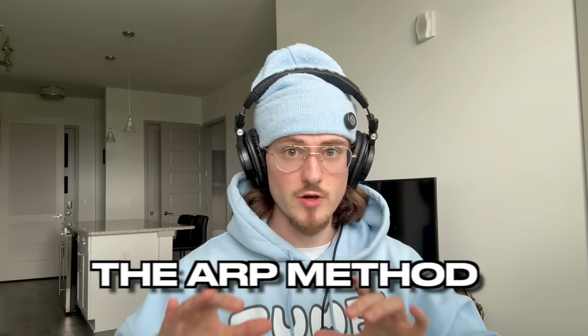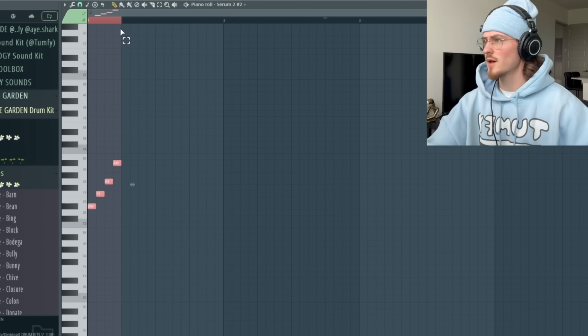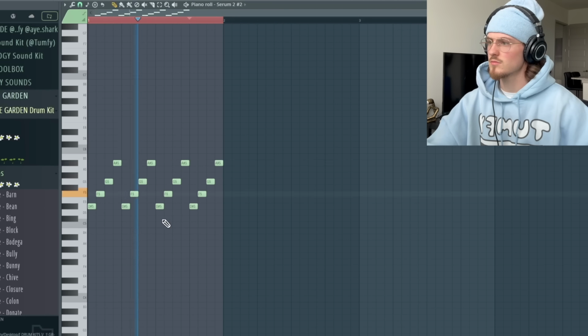Like your brain almost becomes less focused on the actual melody and more on the fact that they're talking to each other. This is called the art method. You build a little arpeggio that climbs the scale. That's your call. And then in the response, it climbs down. The arpeggio can be 4 notes long, 8 notes long, however many you want. Let's do 4 right here. Just make it kind of staircase up. Repeat that 4 times. It'll sound like this.